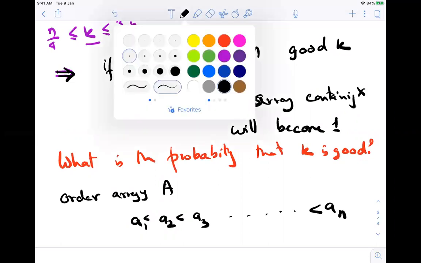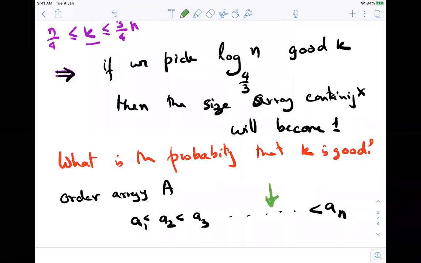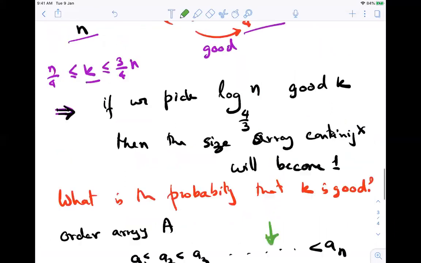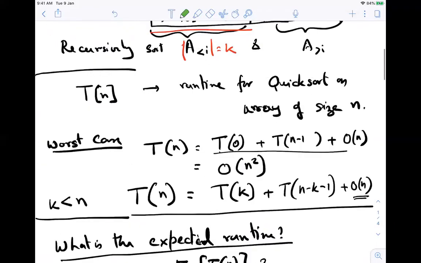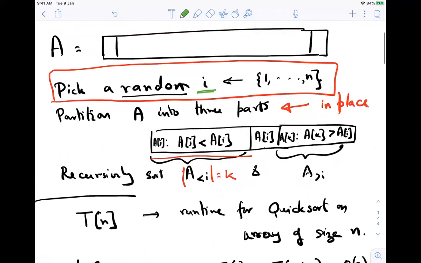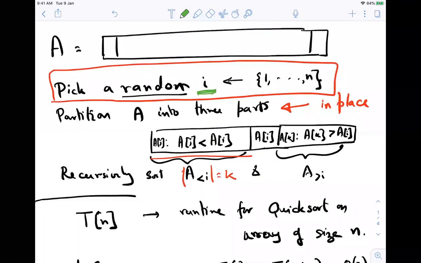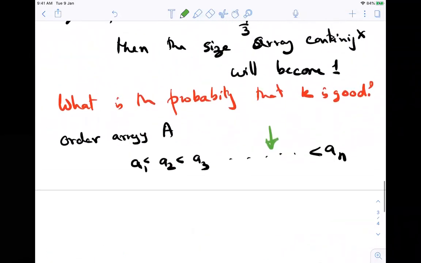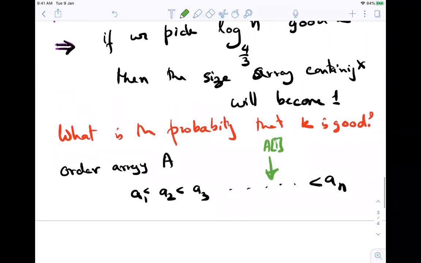So I will be picking up a random K, right? So K is somewhere here. And once whichever K I pick up, so K is not here, okay? So this is, I should say, not a K. This is basically, so in the original one, I have picked up a random I, right? It is the A of I, whatever that A of I is. I don't know what is A of I. So this is A of I. A of I is randomly picked. So I is randomly picked, that means A of I will be randomly picked from this whole set, uniformly at random,